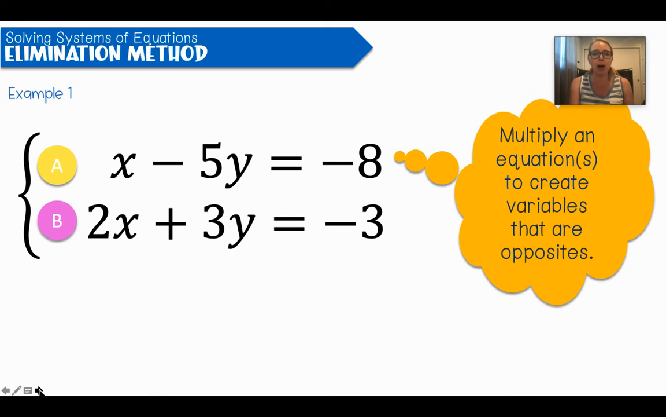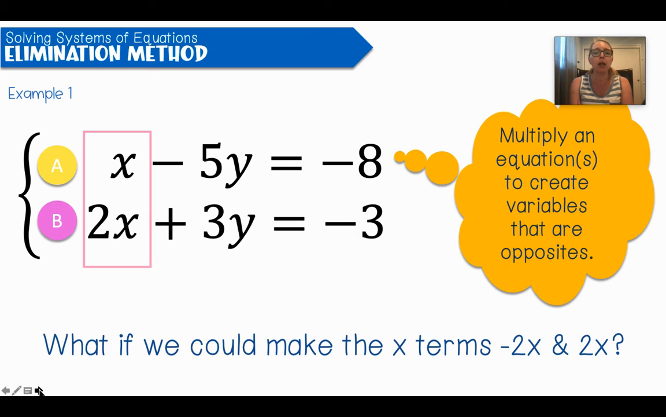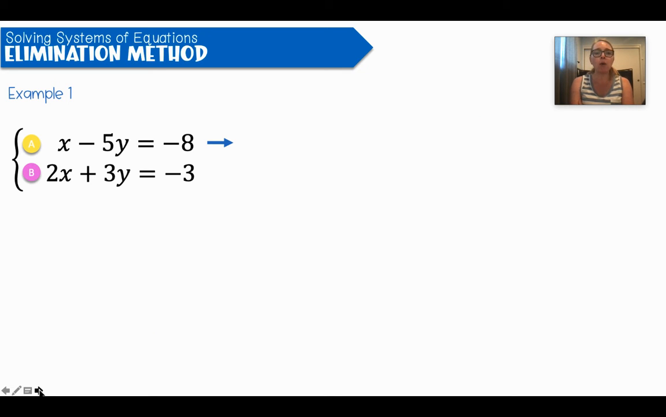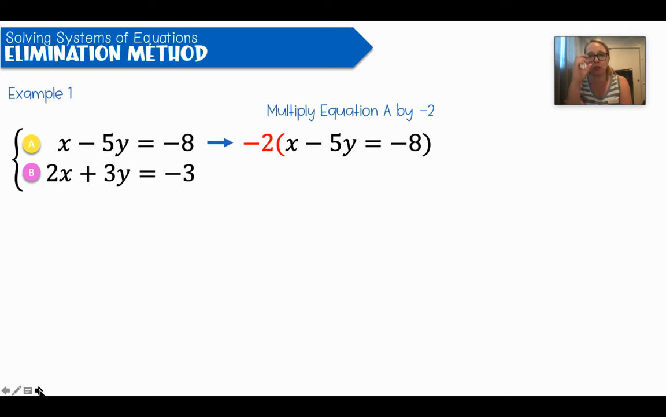So I'm thinking about which variable I want to eliminate. If you have a variable where you can just multiply one equation, that's going to be easier than having to multiply both equations. So I'm looking at those x's and having a 1x and a 2x. I could multiply equation A by negative 2, and that would make my x's be negative 2x and positive 2x. So that's what we're going to do. We're going to multiply the first equation. Now we have to multiply the entire equation so that it stays equal,